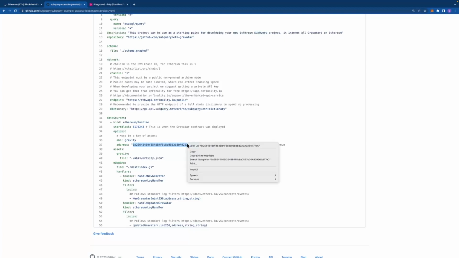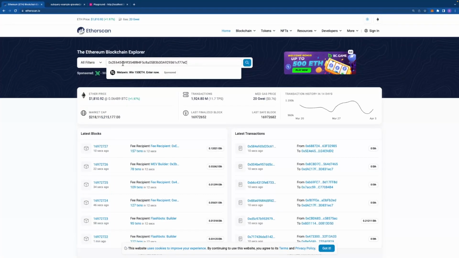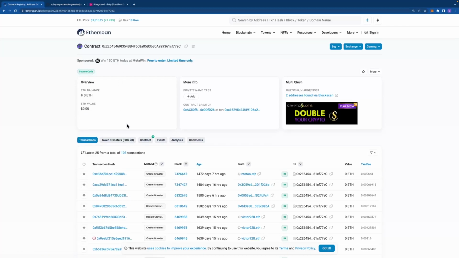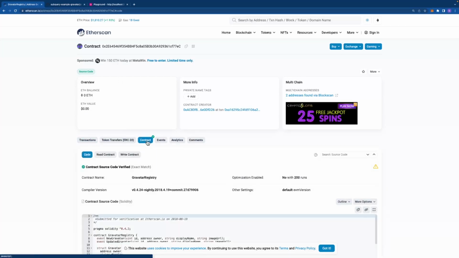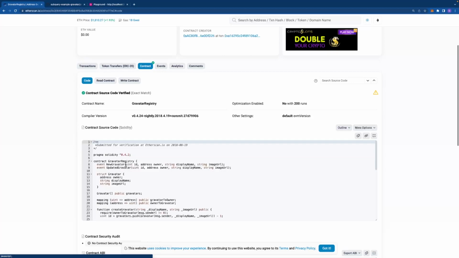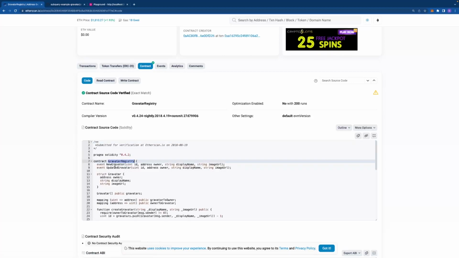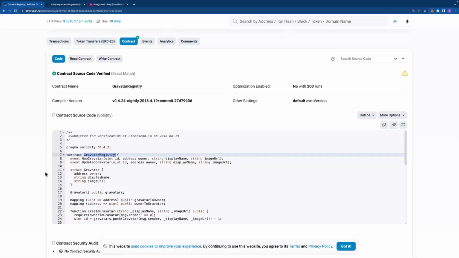If I copy this out and jump into Etherscan, let's do a quick search for this contract. We'll go into the contracts tab, and scrolling down you can see that the name is indeed Gravatar registry. This is a fairly simple smart contract where you can see that there are two events, new Gravatar and updated Gravatar, and these events emit ID, owner, display name, and the image URL, and it's these parameters that we'll